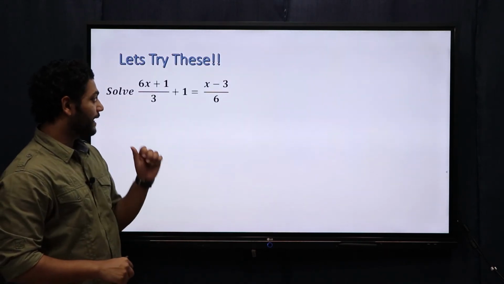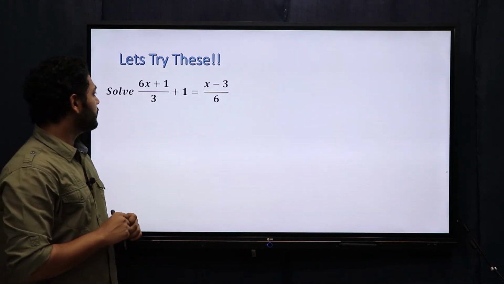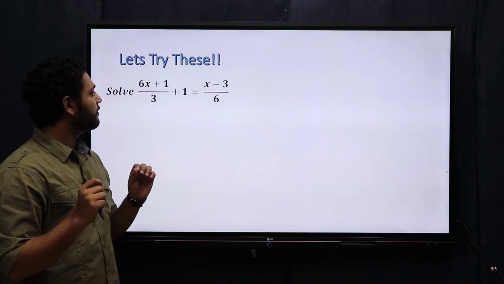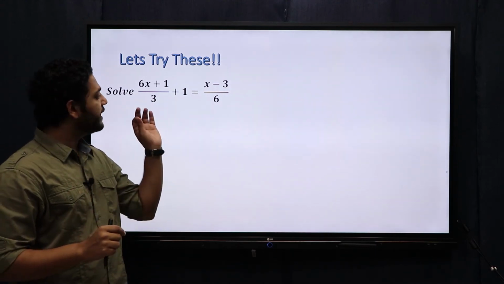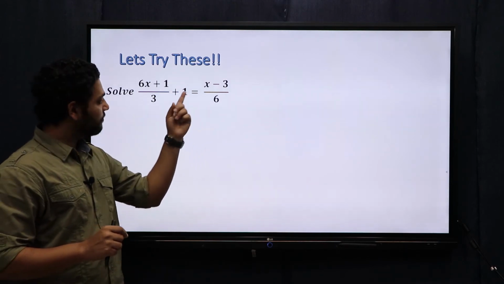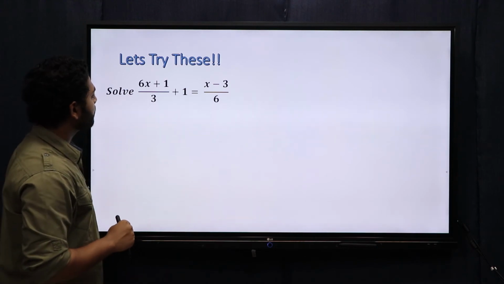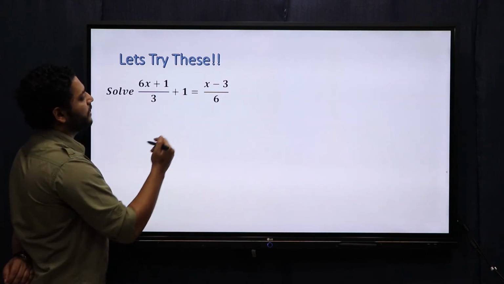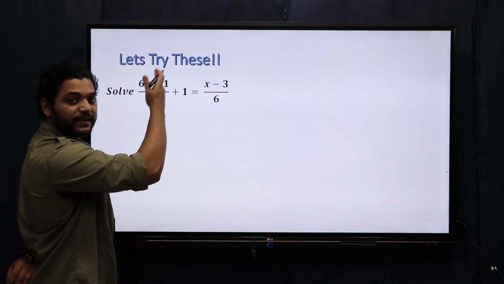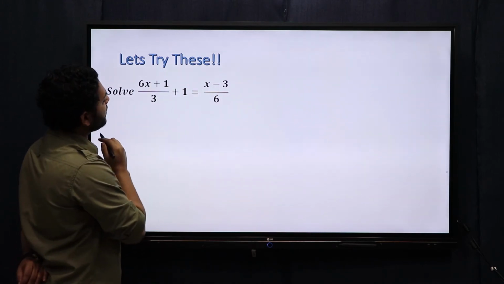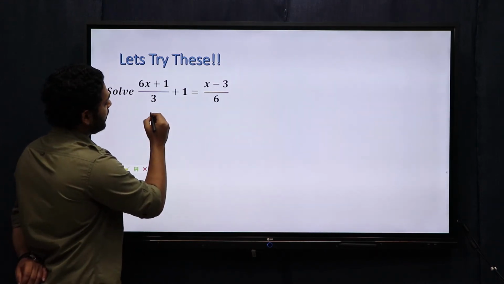Okay, now we need to solve this equation. I had earlier told you that when you have a question where it is given to solve for this equation, it means that you need to find the value of x which satisfies this equation, right? Okay. So first of all, let us simplify the LHS and RHS, left hand side and the right hand side. So I can see that, let me just write what is the LHS.